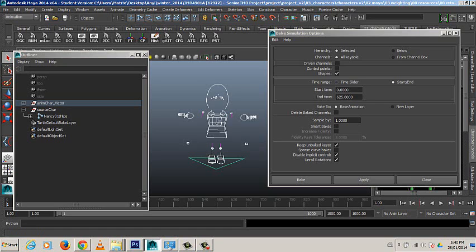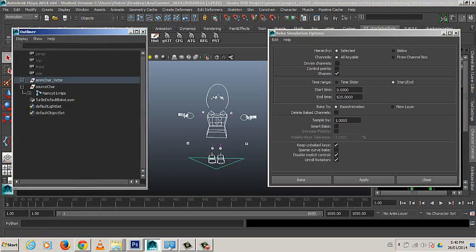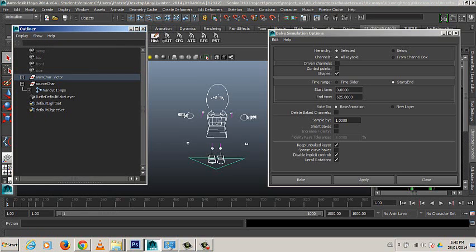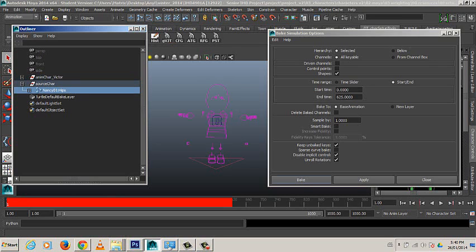Normally you could play out by the time slider, in terms of how long you want the length of the animation to be. You can use the time slider, you can use the start end. I like to use the start end. I just find it much more accurate in terms of determining when the animation starts and when it ends. So if you click in your outliner on your mocap skeleton and you scroll down,